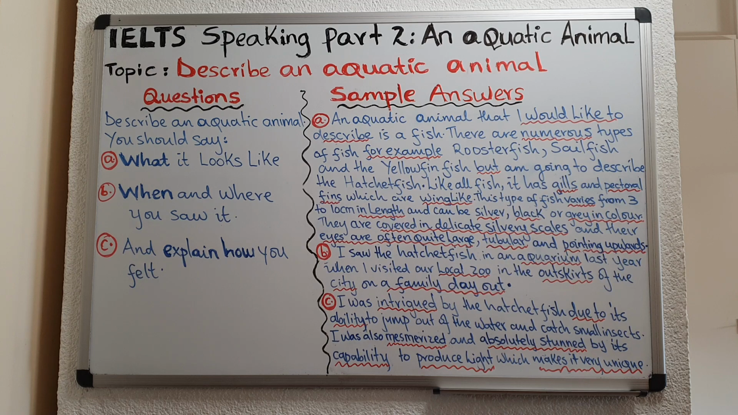Now let's move on to B. When and where you saw it. The key part of the questions here are when and where. When did you see it? Where? Now, you can answer that question by saying, I saw the hatchet fish in an aquarium last year when